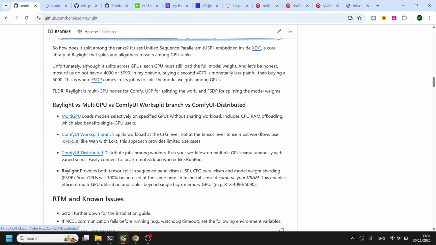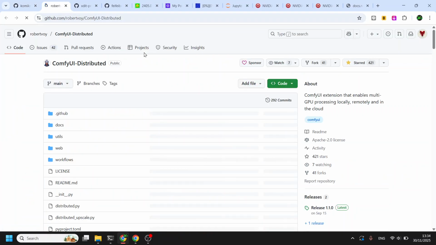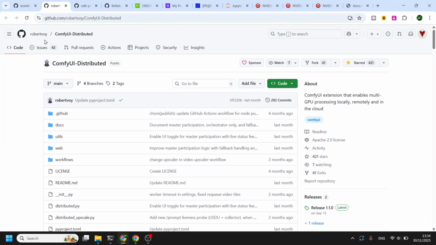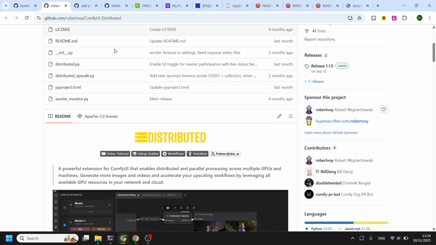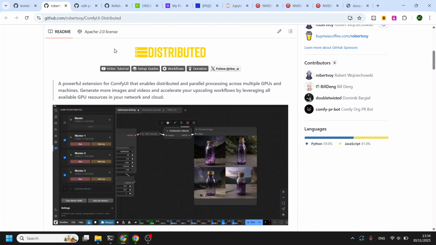And another distribution that I already mentioned is ComfyUI Distributed by Robert. It is more on job distribution, where each GPU handles its own workflow and it's collected at the end of the run by this distributed collector.